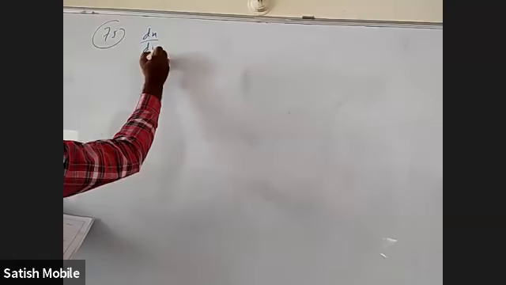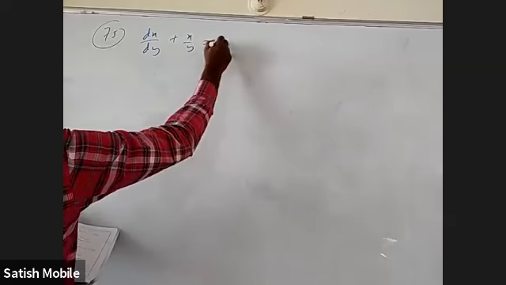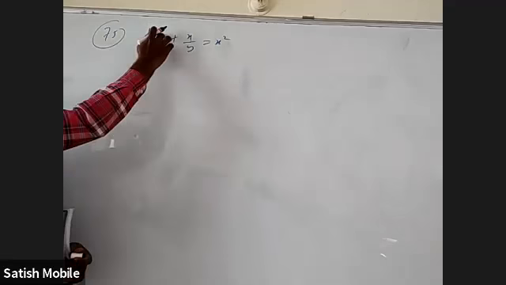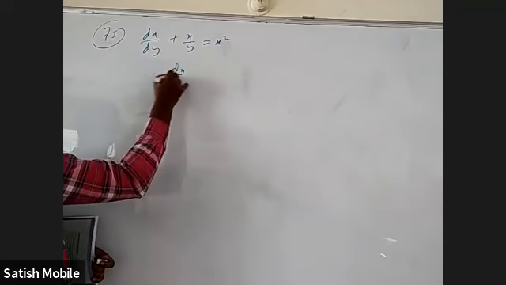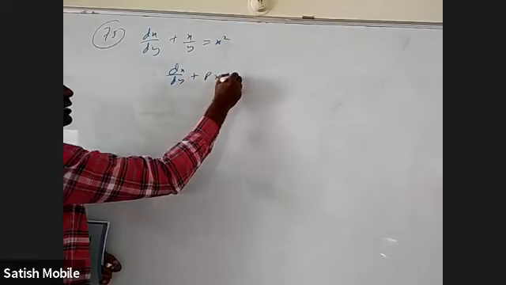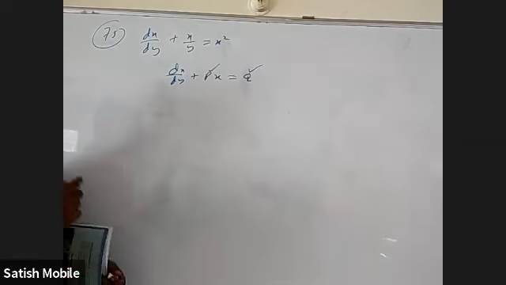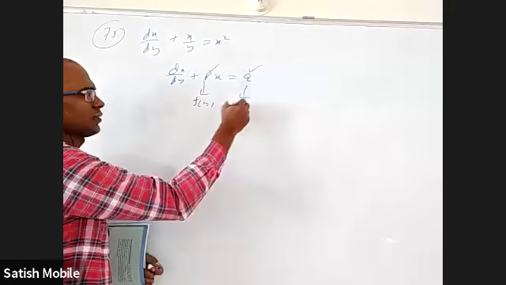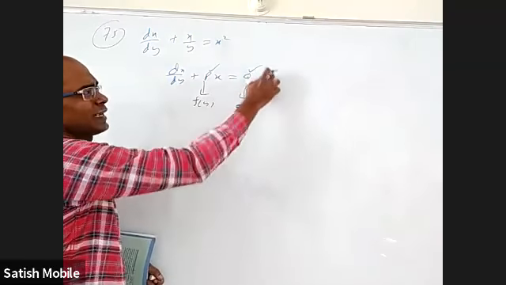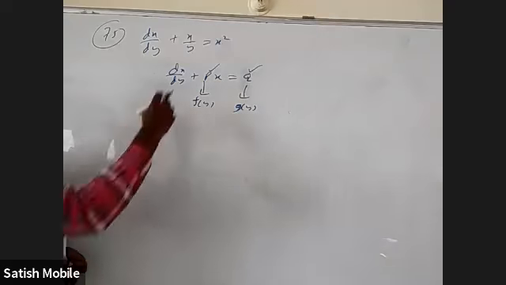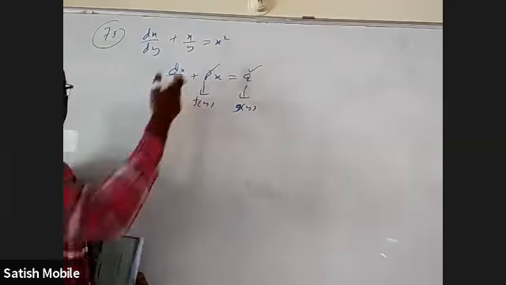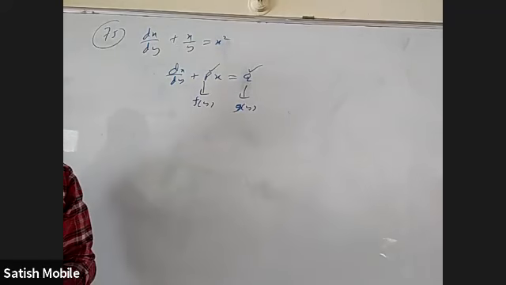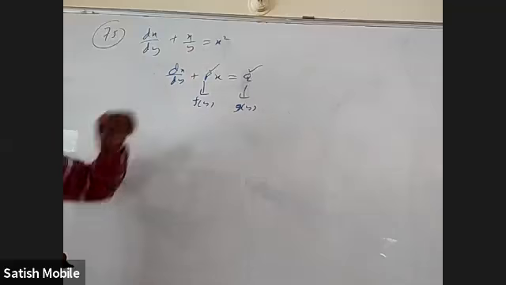dx by dy plus x by y equal to x square. Now see, it is not dy by dx here, it is dx by dy. Normally for dx by dy, we should have px and q, where p and q are functions of y. This is some function of y, this is some function of y. That means here we don't want anything in terms of x. One may say there is no function of y here, there should be a function of y. No problem, one itself is a function of y. Convert into one.